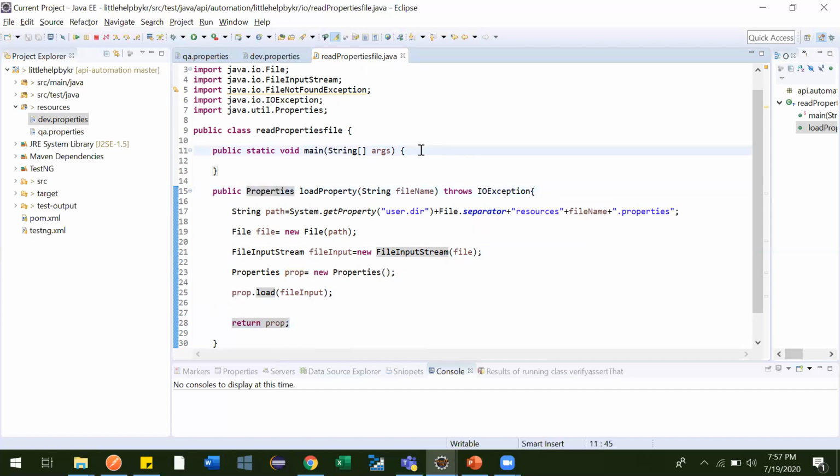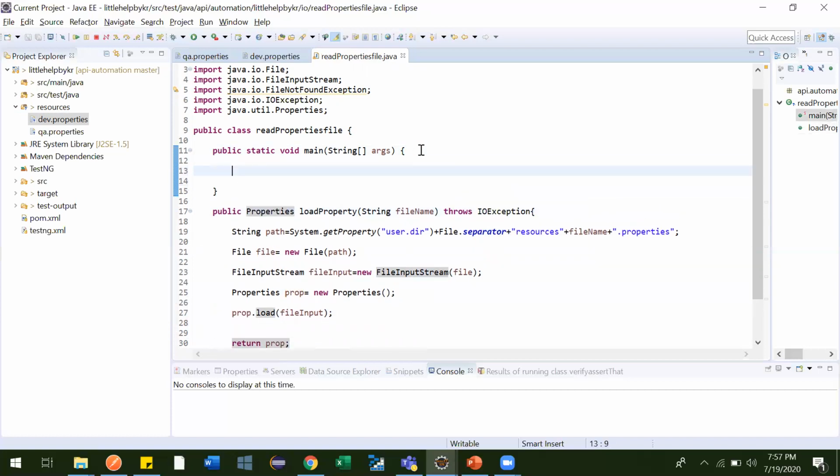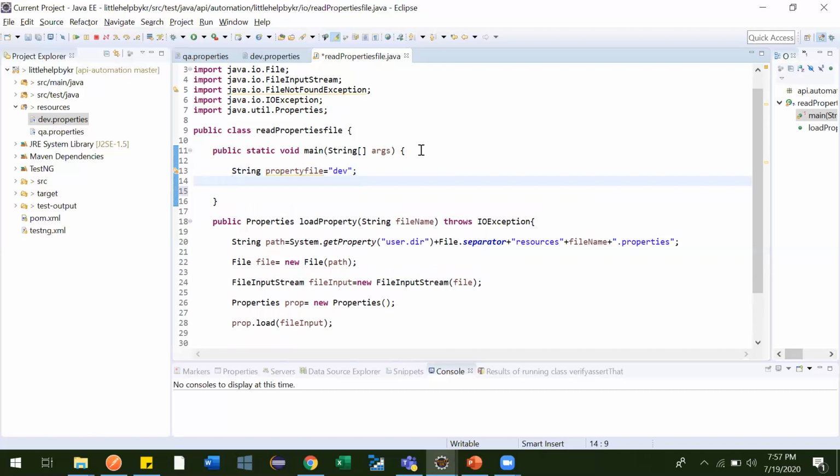Now let me go in our main class. Suppose which property file we want to read. String property file equal to dev. Suppose dev we want to read. So we have given like this, and then after we can get the properties.